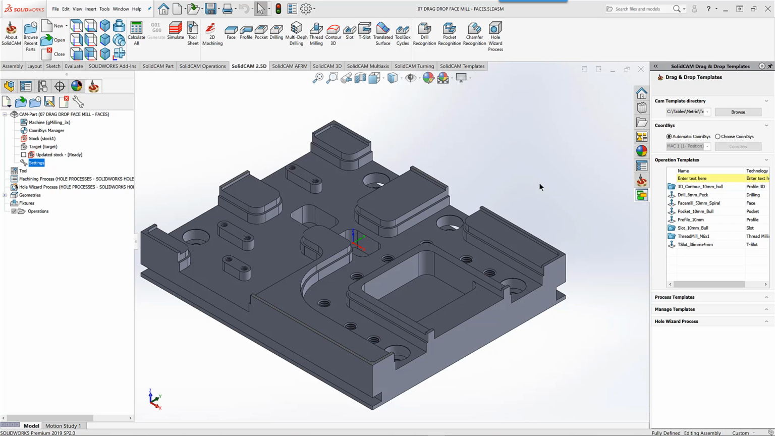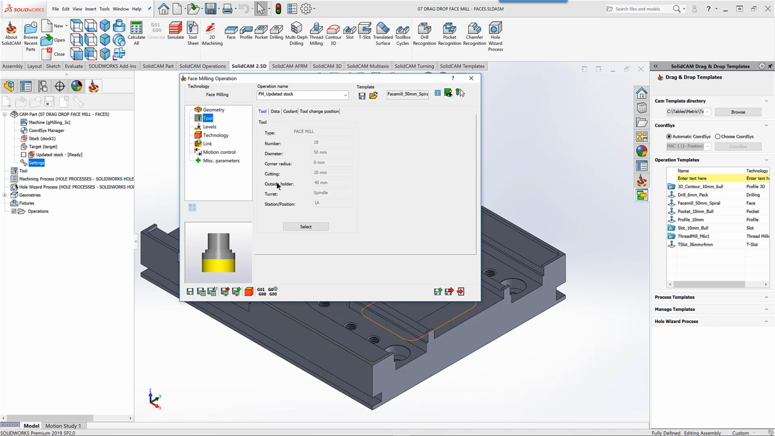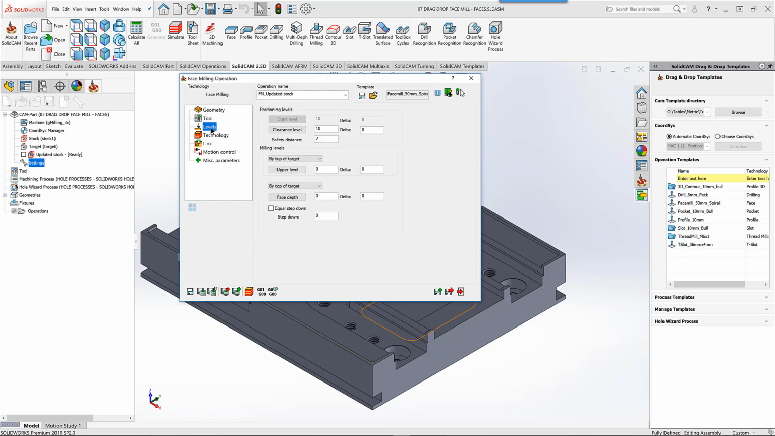Our face mill operation can be done in several ways. We can go into the face mill operation and have our geometry chosen automatically. My tool was automatically put in here as well, and all we need is our level. I'm going to have my upper level at the top of the stock. We can define it by the top of the stock automatically, and by the top of the target as my